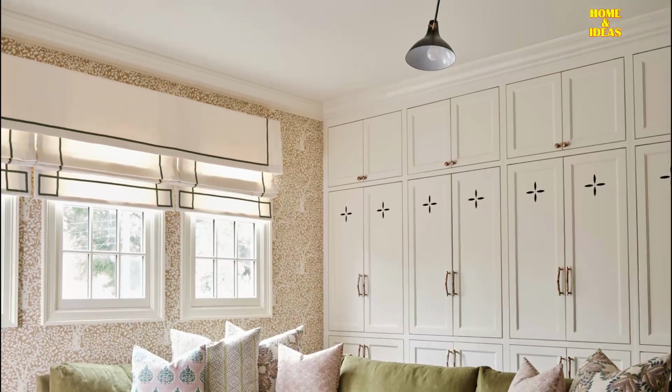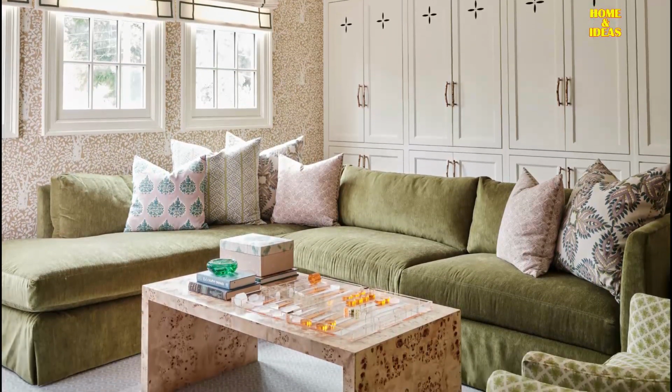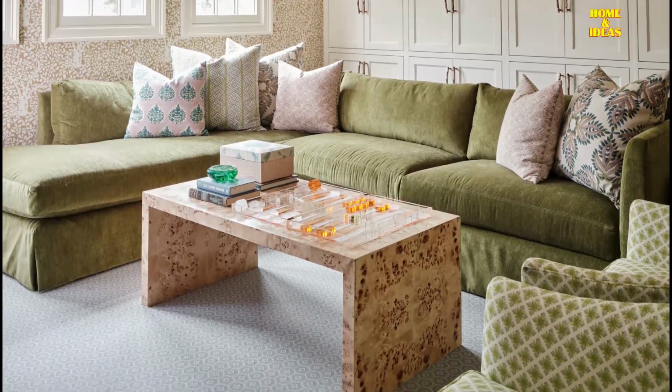The family room has a moss green velvet sectional sofa embellished with pale pink cushions, complemented by a burlwood waterfall coffee table,